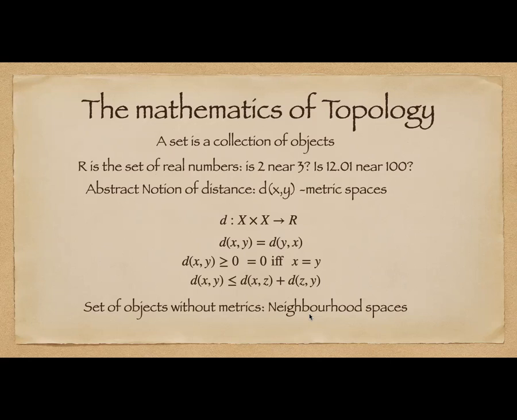In topological spaces, we will answer questions about compactness, connectedness, separability, and path connectedness of any two elements in that set without using the notion of distance. Once we have a metric space, then we will start with differential calculus. So is it making some sense? What is topology? Topology is about some aspects of this collection of elements in a set, and these can be answered without introducing the metric.